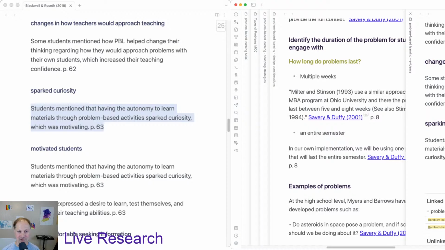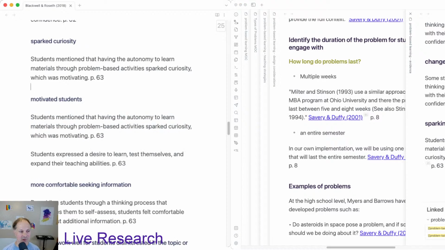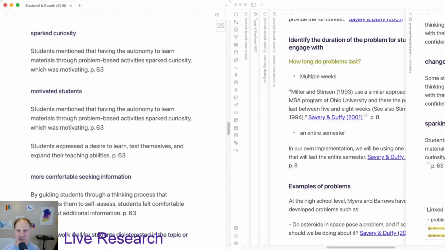What I have here is evidence, so that I can make a distinction between, well, here's what we think this might do, or here are some perspectives on this, and here's where people actually did some research to find out what would happen. Motivation, I actually have a whole note on motivation. I'm not going to move this here now. I'm going to keep it